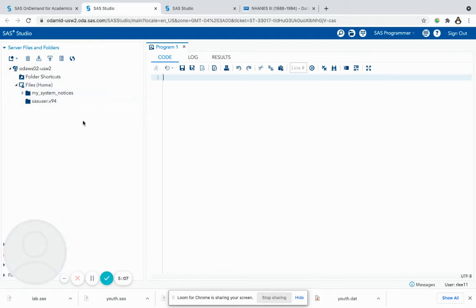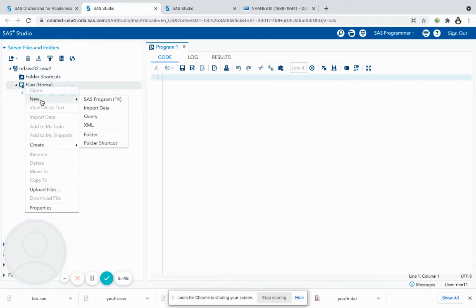Now, this is SAS Studio, so everything is done on the cloud. The files have to sit on the cloud in order for us to analyze it. If you're using an actual local version of SAS, which is the paid version, you don't have to do this. You can just directly work. In other words, if SAS is actually installed inside your computer, not on a web browser, because right now we're working off a web browser in SAS, but if it's actually installed on your computer, you do not have to do this portion and upload it onto our cloud files. So this is your file, and I'm just going to create a folder in my cloud files,